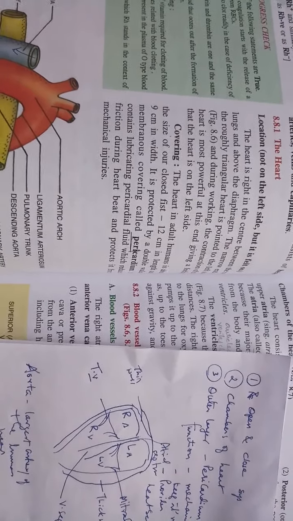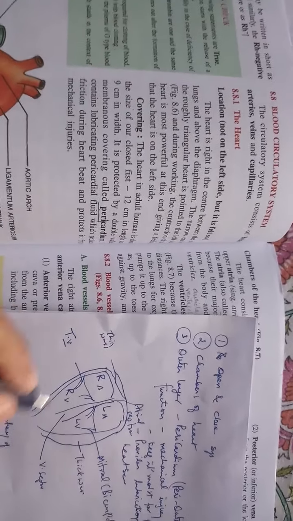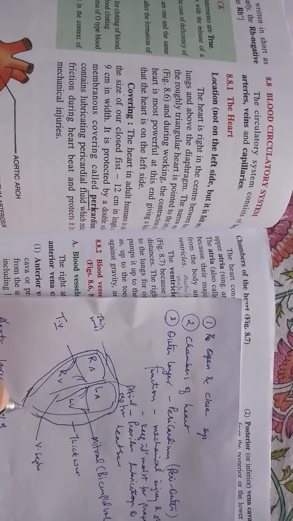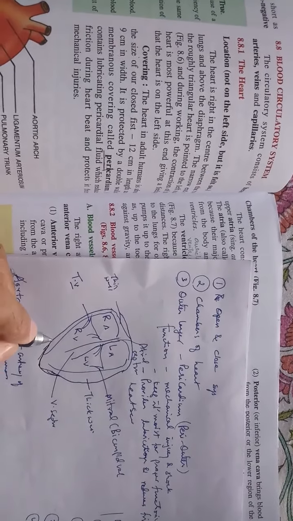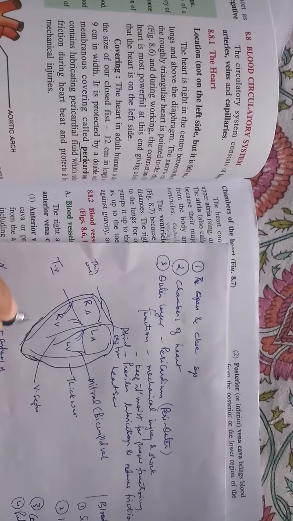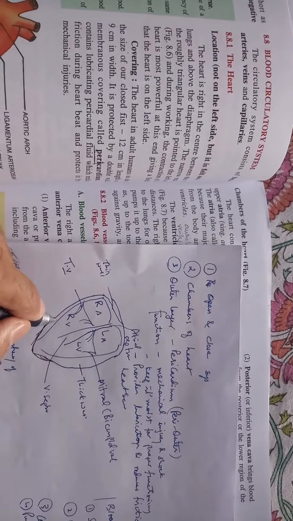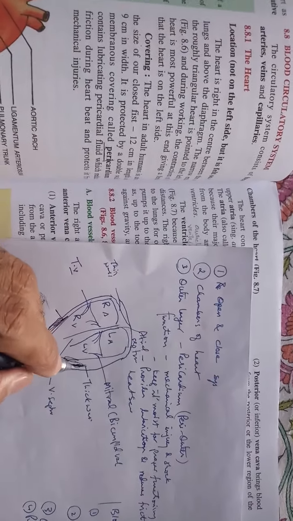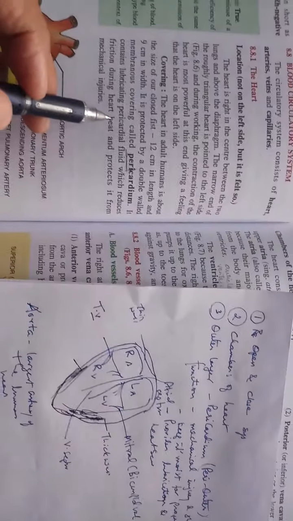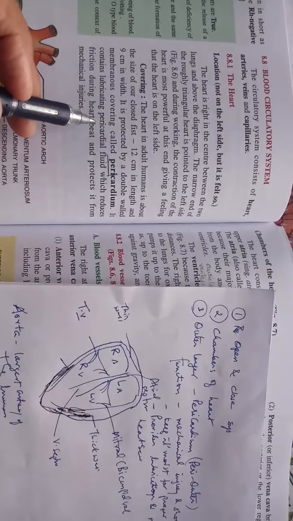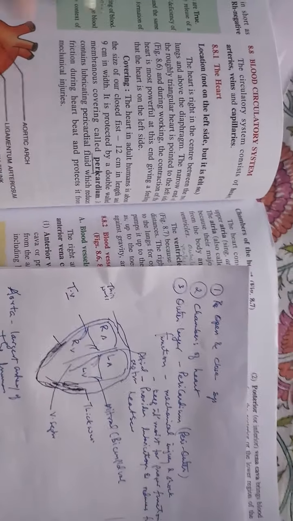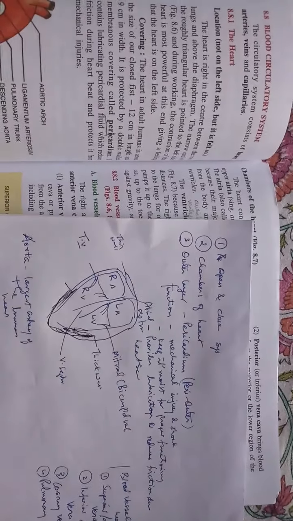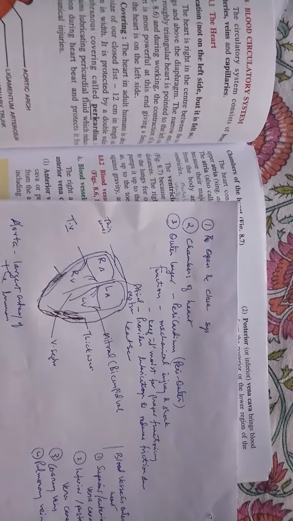So we call it pericardium, and this pericardium, the outer covering, is a very fibrous muscular layer, right? And apart from this pericardium, we will find in between here a part of fluid. We call it pericardial fluid. This pericardial fluid again is very important. The function of this pericardium and pericardial fluid is to protect our heart from mechanical injury and shock.